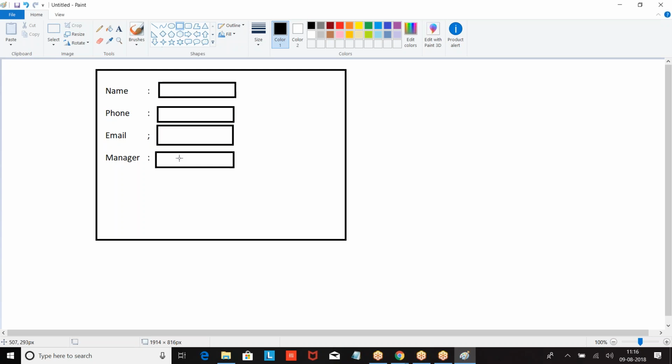Whom are you going to select? Do you know whom you are going to select? Everybody is going to select the same person? No. Person to person, record to record, the manager will change. That is the reason I cannot share it with manual sharing, owner based sharing or criteria based sharing. I have to write a program to share this record. That is how we go for Apex based sharing rule. Are you clear?